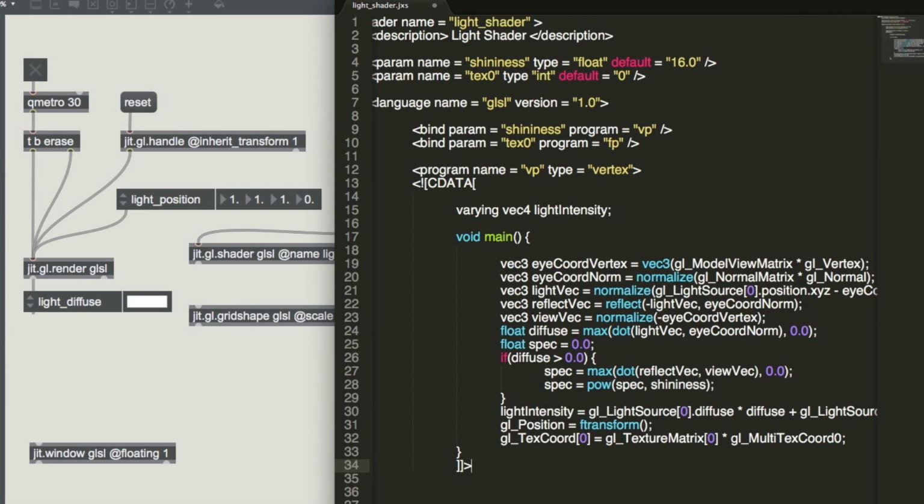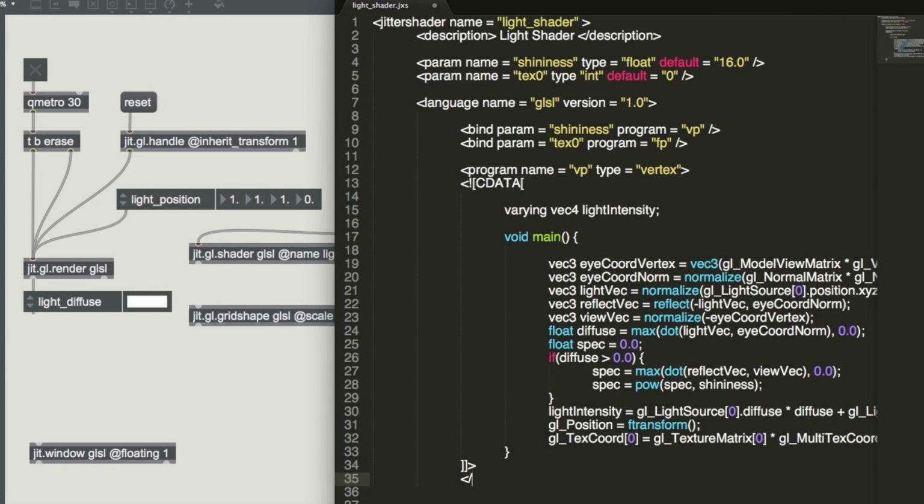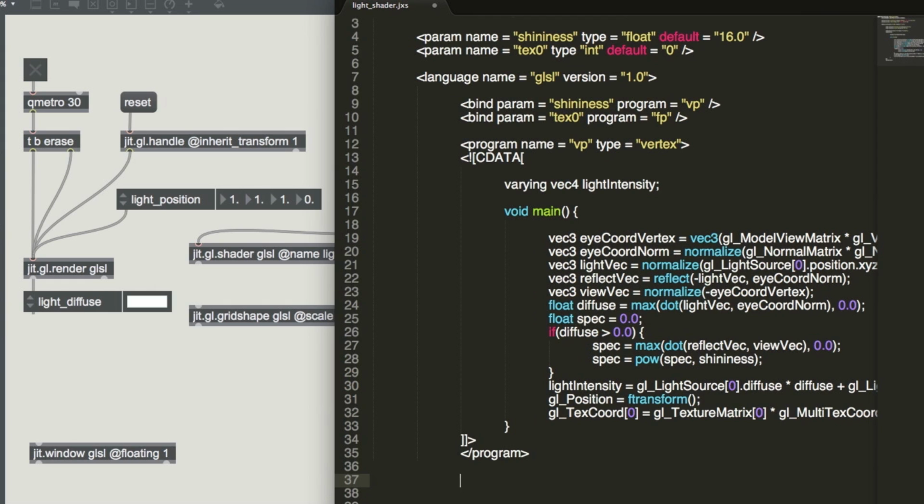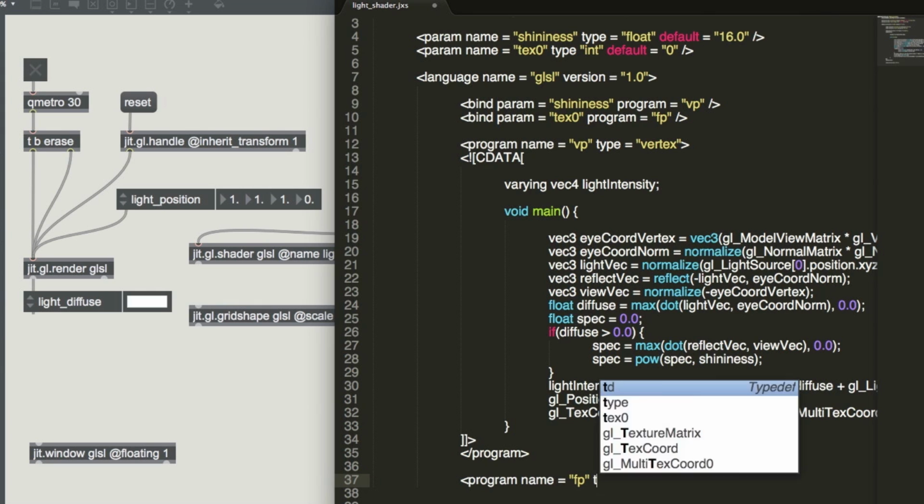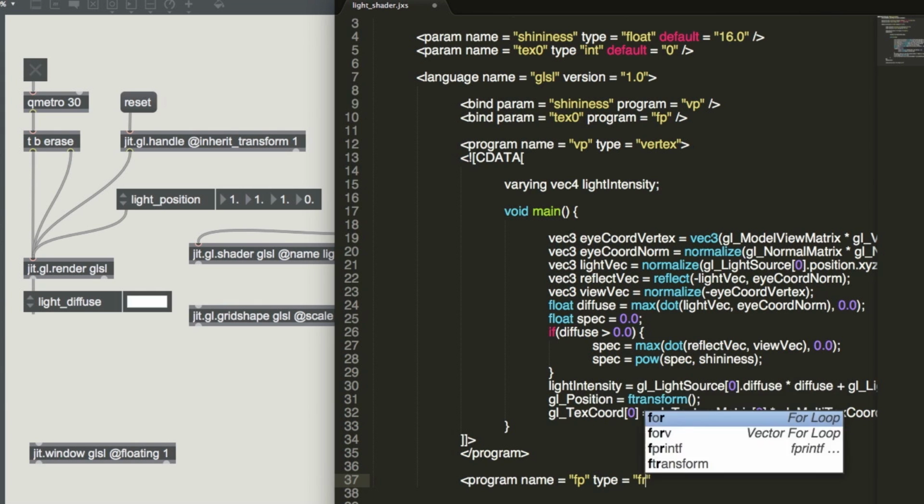We have to close these. We have to close also here with the program. And we now have to write our fragment shader, which will be a lot shorter. We have to name this type equal fragment,